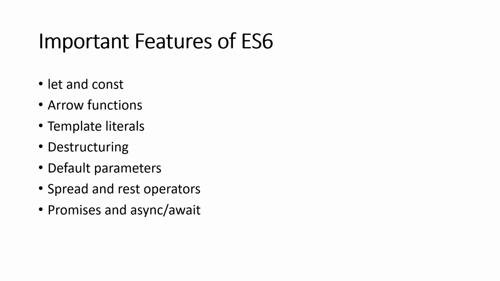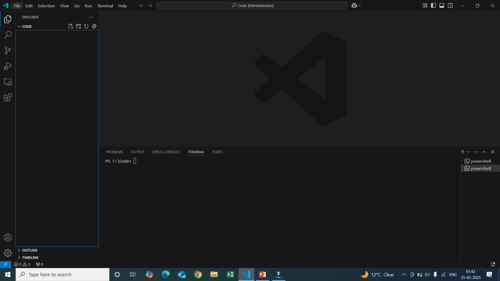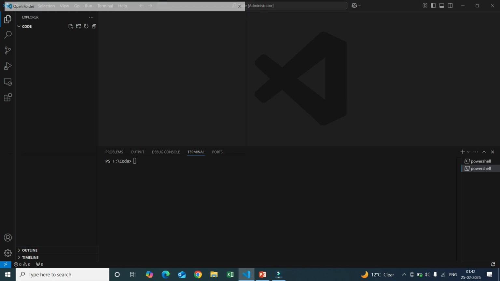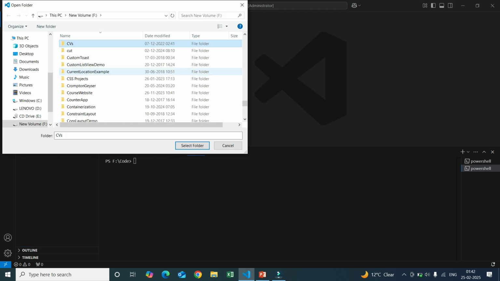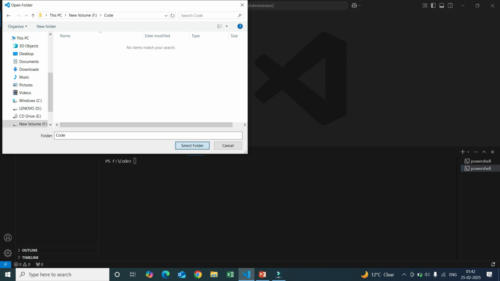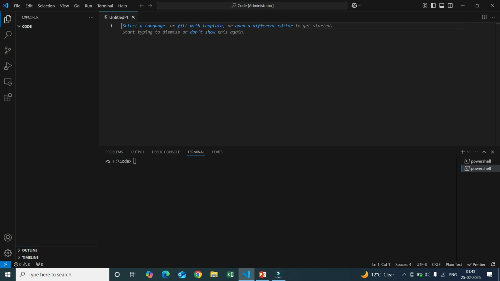So let us open Visual Studio Code. In Visual Studio Code, in the menu File option, open folder, and you can select a folder here. Let us select this folder. Click on select folder and then click anywhere here and create a JavaScript file s1.js. Then